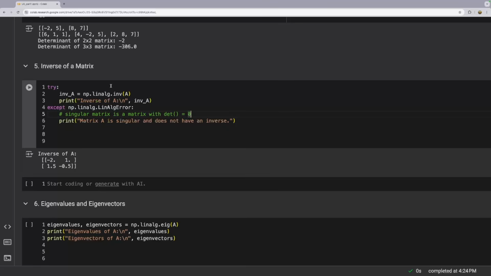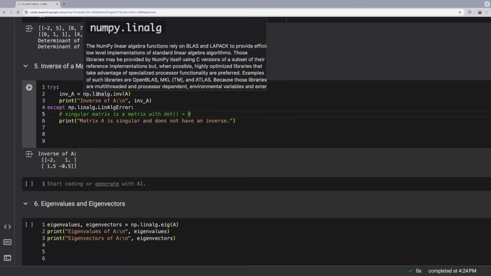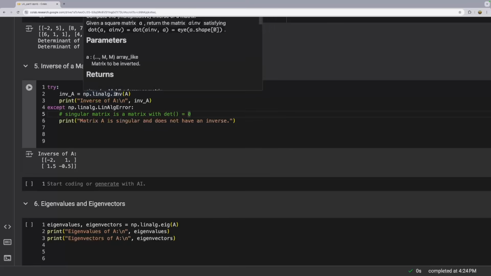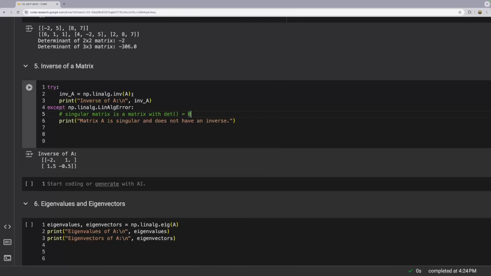So what exactly is the inverse? Here we're using the INV function from Linear Algebra just to simplify everything, but let's look at this on our whiteboard. Before we move on, it is important to note that the inverse of a matrix is very important in numerical computation when it comes to building artificial neural networks. This concept is used in solving a system of linear equations, which is what is needed to determine the weights